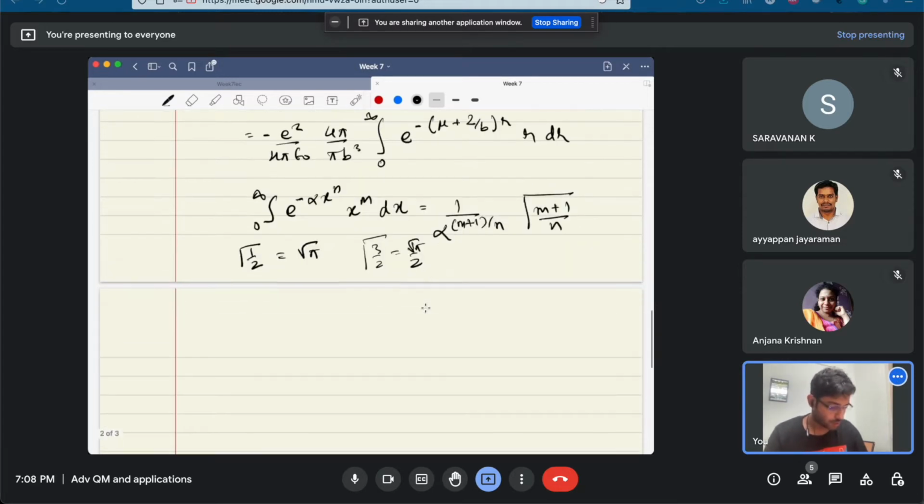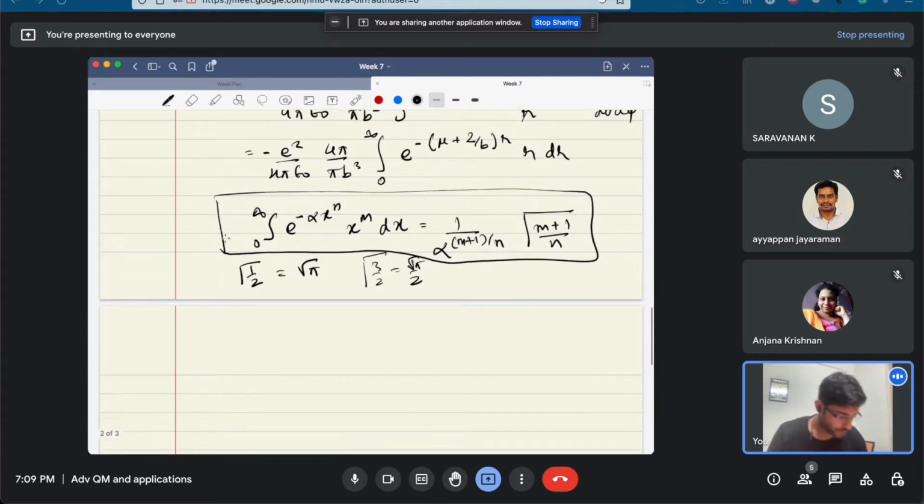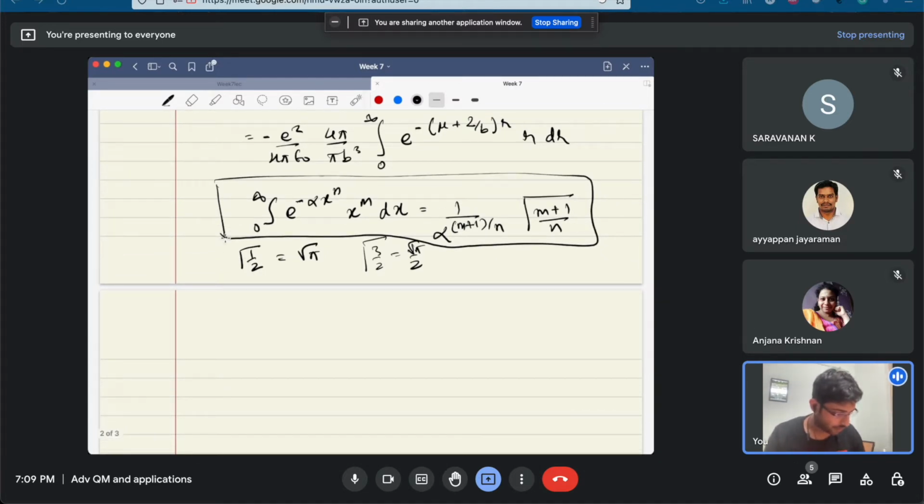This is a very important formula and is used widely across the whole physics, whether it is statistical mechanics or quantum mechanics. So you can just keep this as your prime note somewhere of the essential formulas. Now using this formula in the integration above, what we get for the expectation value of b,